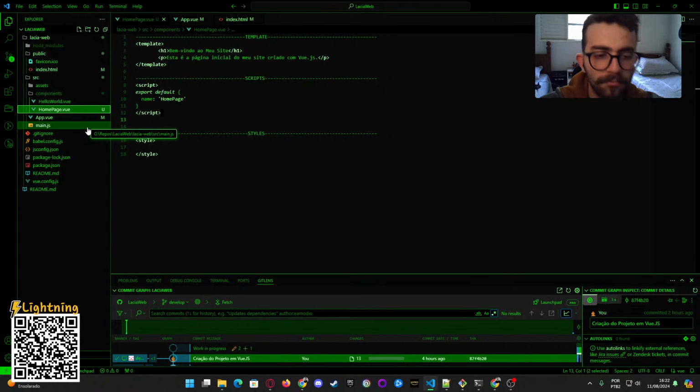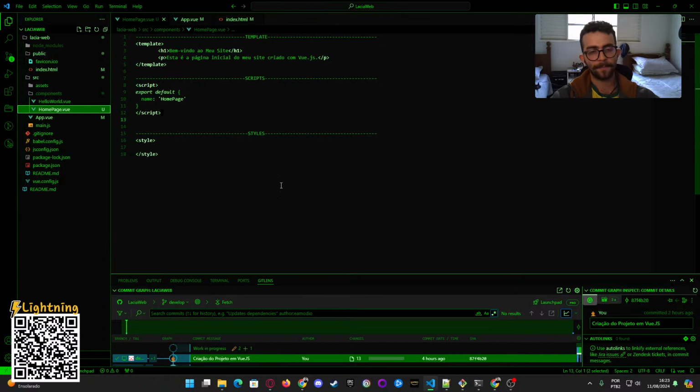How does Vue work here? Well, we have three main parts in one component. We call them components because it's not the same as an object in programming, but it's like a web component. Like one part of your project you put here in this directory. So first of all, we have template, script and style.